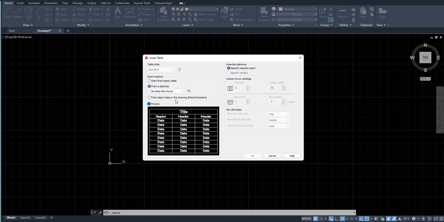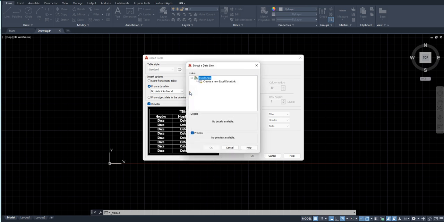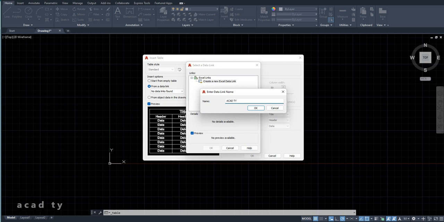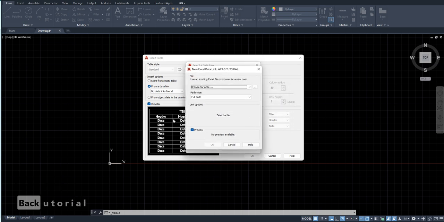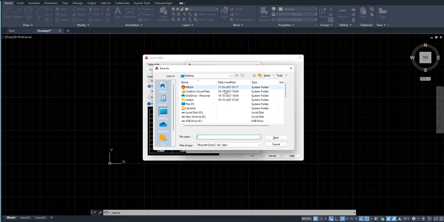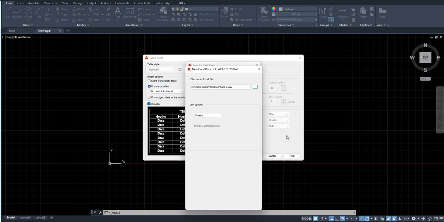link. And obviously we don't have any data links active, so I'm just going to have to create one. So I'm just going to click on create new data link, and I'm going to name it as AutoCAD tutorial. I'm going to click on OK, and for browsing the file, I'm just going to click on browse the file from desktop. Here we have a book1. I'm going to open this,